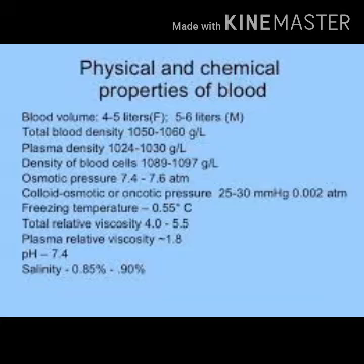And the third property is volume. An average adult human has 5 to 6 liters of blood. Around 6 liters of blood is present in an adult human. And what is its taste? It is slightly saltish.